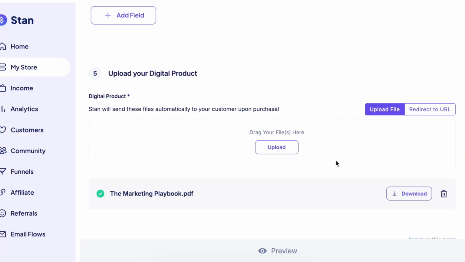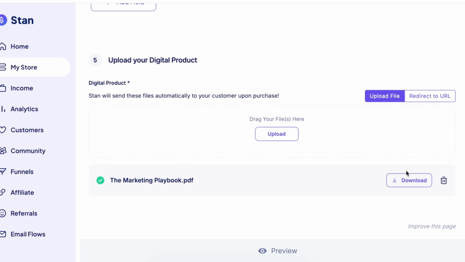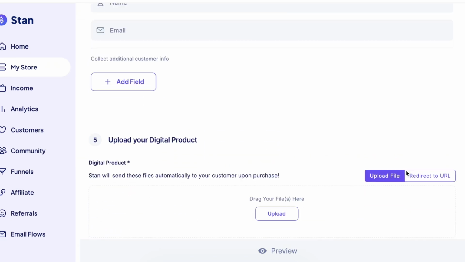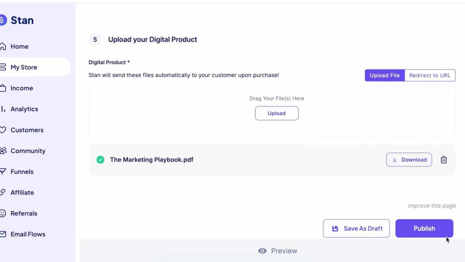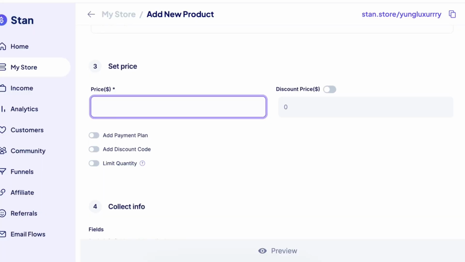Now, this is what the customer is essentially buying. This is what they're paying for in your store, the actual PDF ebook, okay? Now, what you want to do after this is set your price. Now, for ebooks and low ticket products, I would recommend you starting them at about $7 to $27, maybe $47 at the max, depending on how many pages, but that's just a good starting price for ebooks, okay?